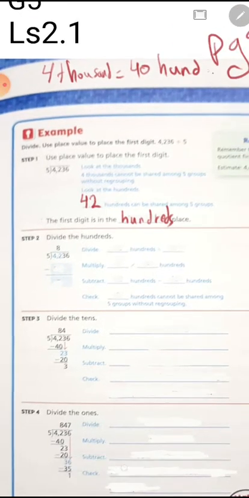Because 4 in the thousands equals 40 hundredths, right? When I want to move from the largest digit to the lowest digit, I have to multiply by 10 hundredths. And if I have 40 hundredths plus 2 hundredths, that means it will be 42 hundredths. So I will divide 42 hundredths